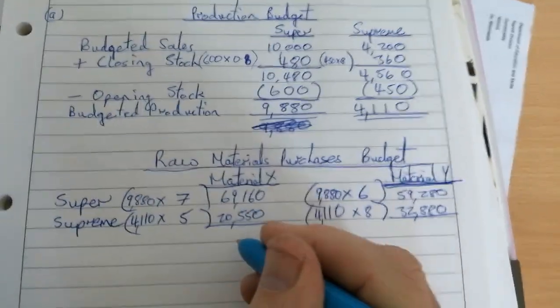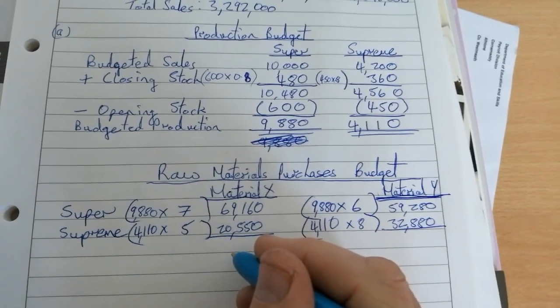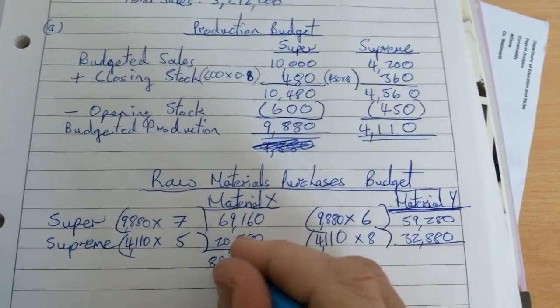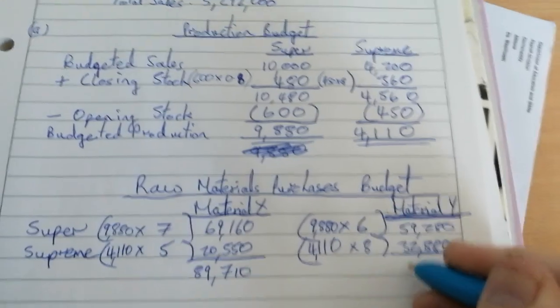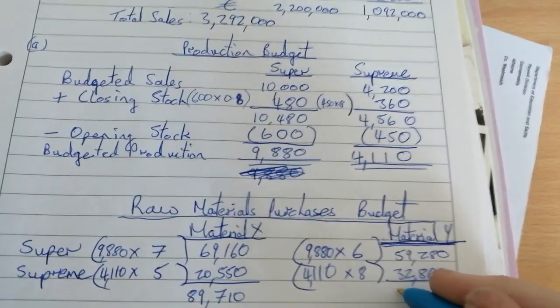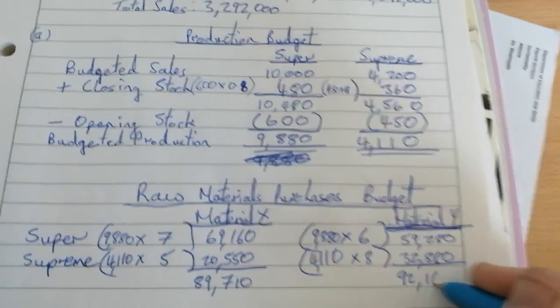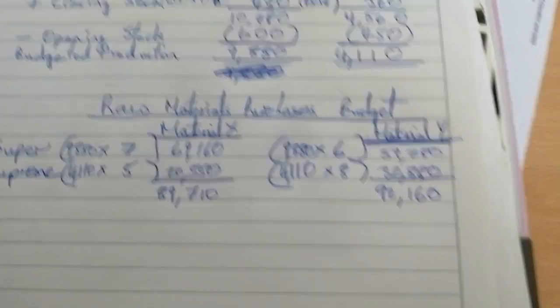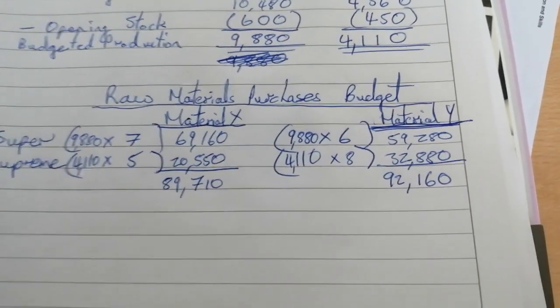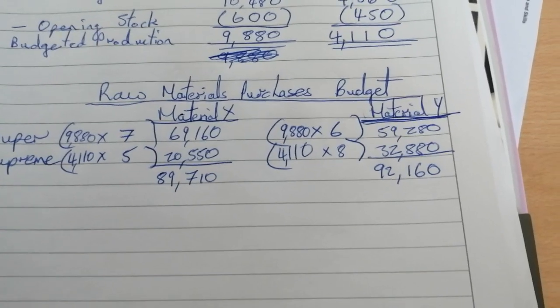And if we add the two of these together, 89,710 and 92,160. So that's your raw materials usage budget done really, but it forms the top half of the